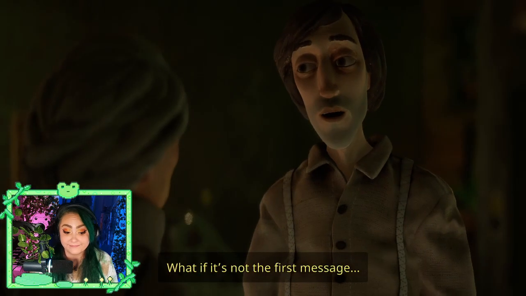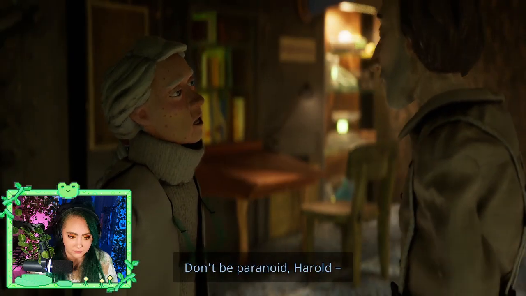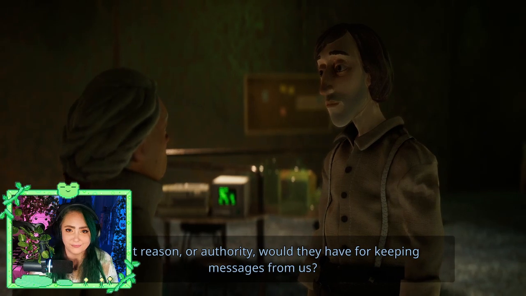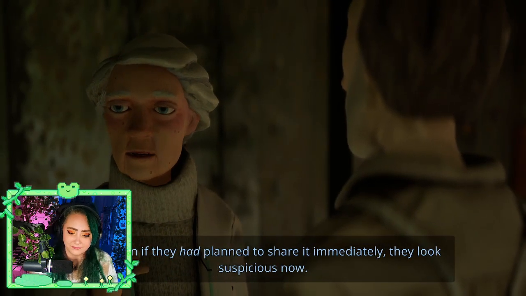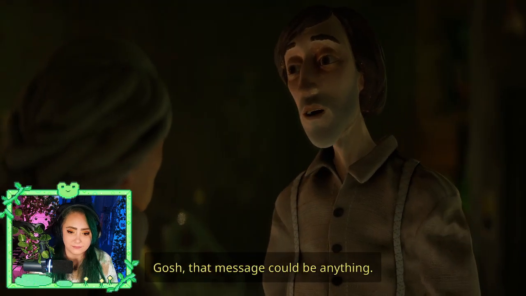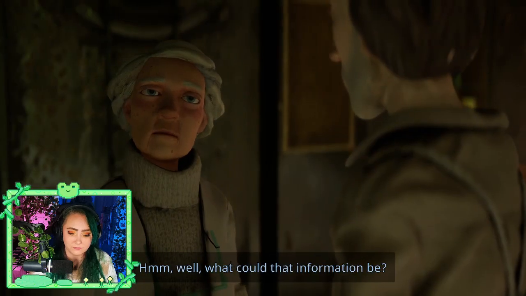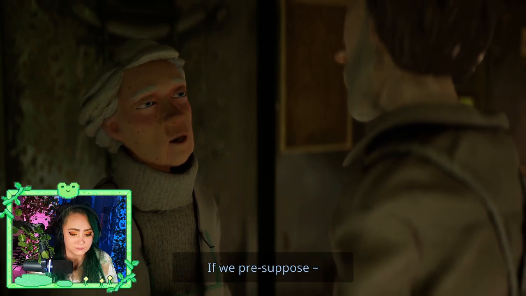their advantage. What if it's not the first message? Don't be paranoid, Harold. What reason or authority would they have for keeping messages from us? Control. Still, even if they had planned to share it immediately, they look suspicious now. Gosh, that message could be anything. Maybe they've got information for us about our mission. Well, what could that information be? If we presuppose...